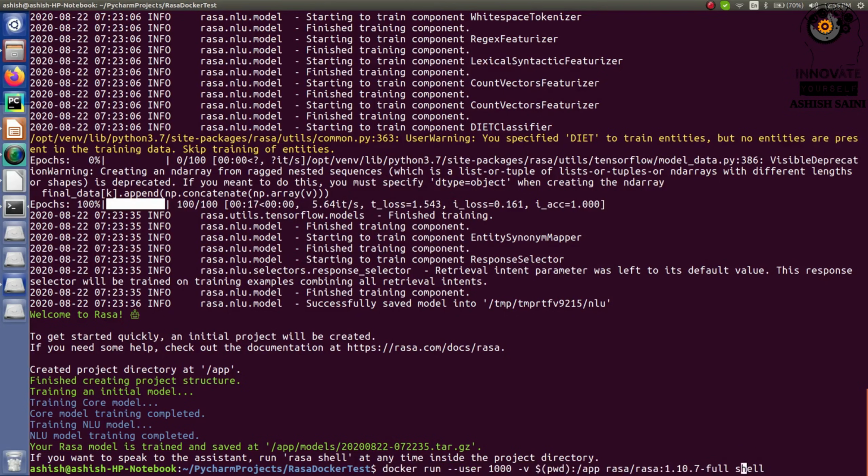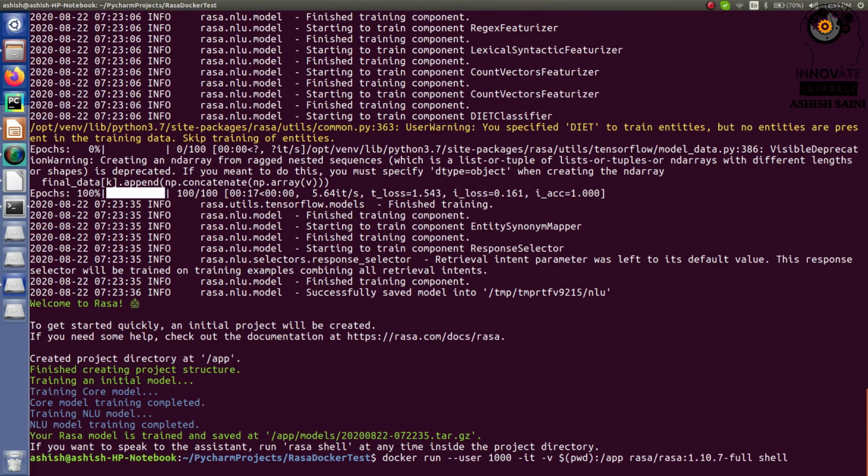And as I already said, if you don't have this image in your Docker images, then simply write -it as well, so that it will automatically download it from Docker Hub if it is not available. So this is how we are going to do it. Now let's run it and let's talk to the bot.